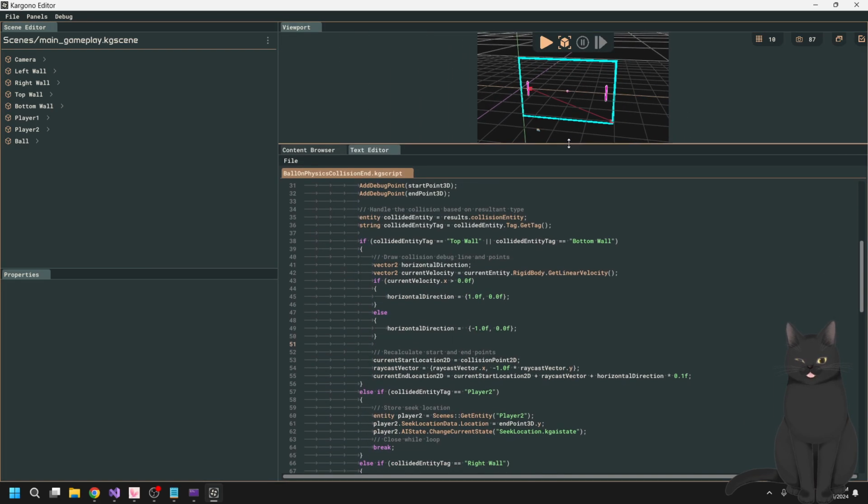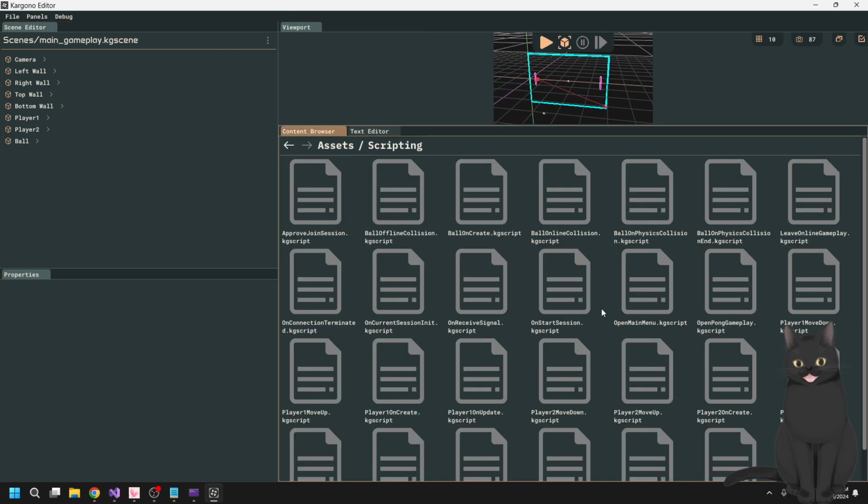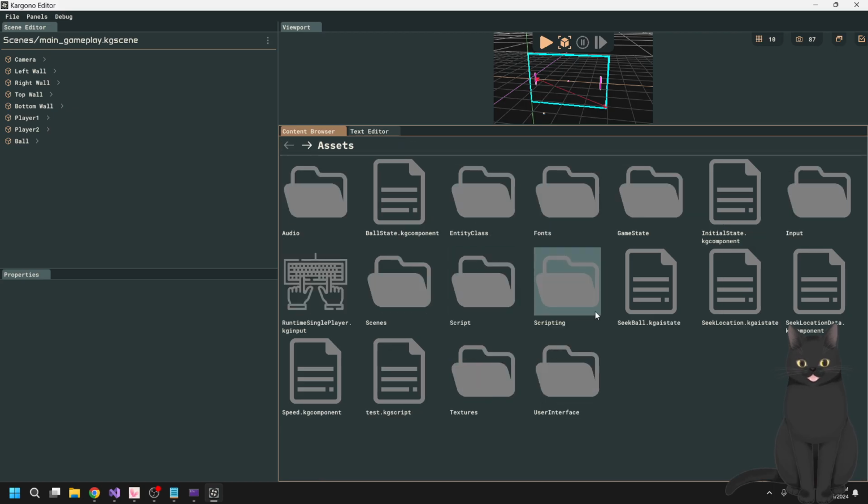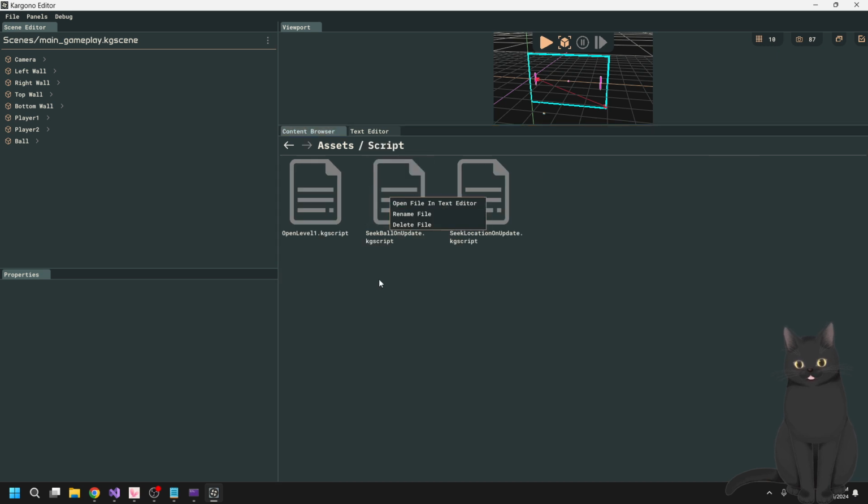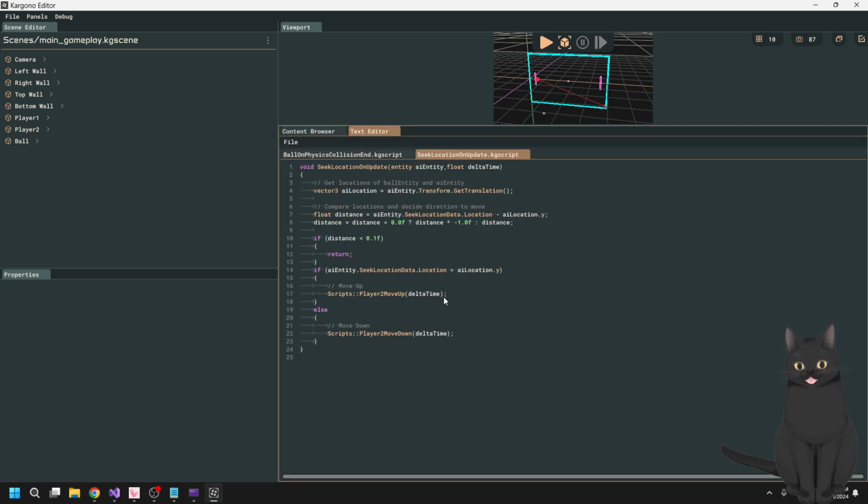Oh, and another thing I can fix real quick. I hate that jittering. I want it to stop so much. Let me see if I can fix it. I think it's in the ball state or the location. I guess it's both of them. But I'm going to increase this tolerance distance to 0.5,